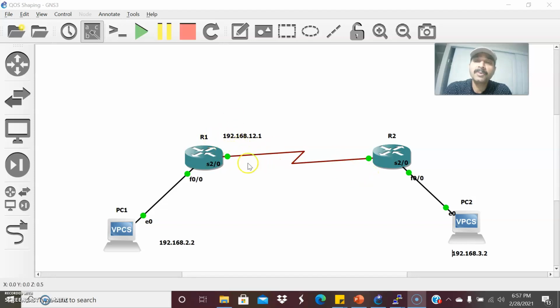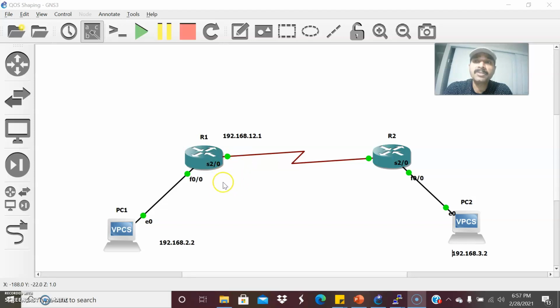Why? Because assume I'm not shaping the traffic and send it to the ISP end. If the ISP's policer, or the policing, receives excess traffic, it can block or drop the particular packet. So to prevent such a situation, on the safer side, we can shape the traffic to a certain bit rate and then send it. In that way, I can avoid the packet loss, right?